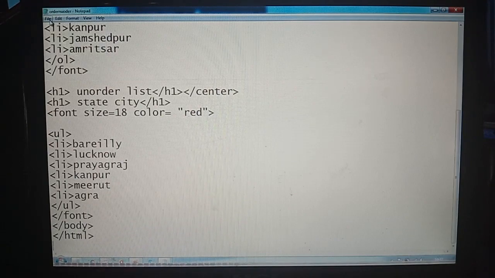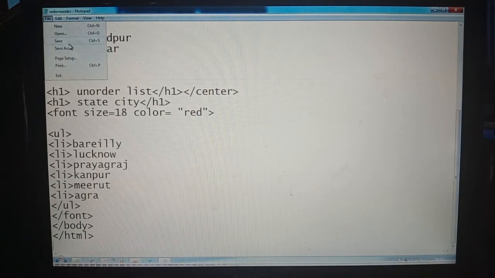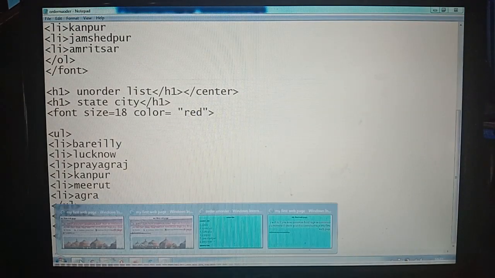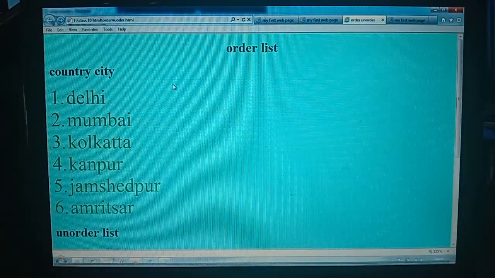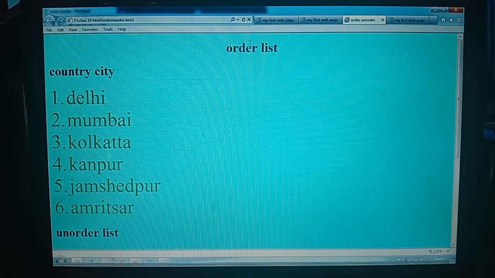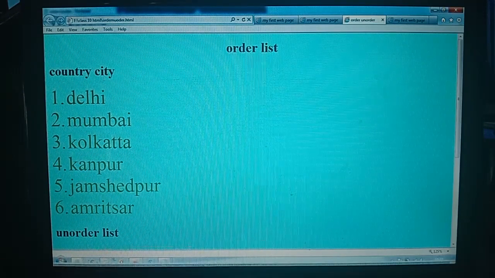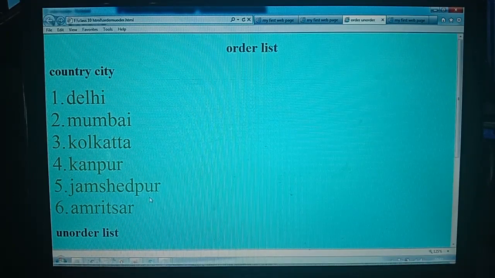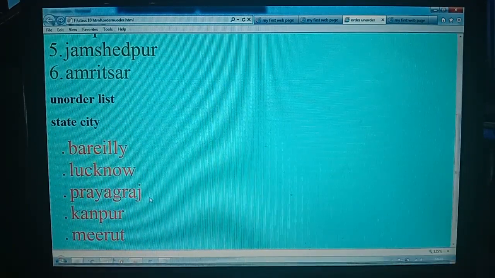Let me save first. Save. And now we'll go to the page this way and refresh again. The ordered list displays in the center, the country names are there: Delhi, Mumbai, Kolkata. Then again the unordered list.